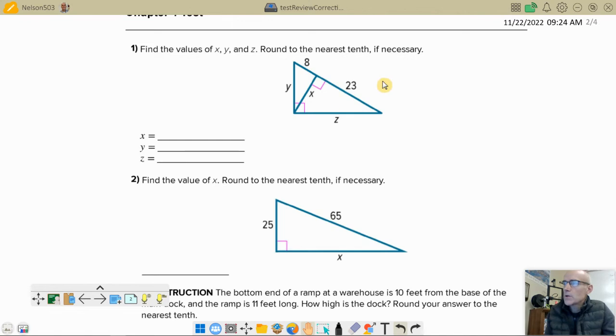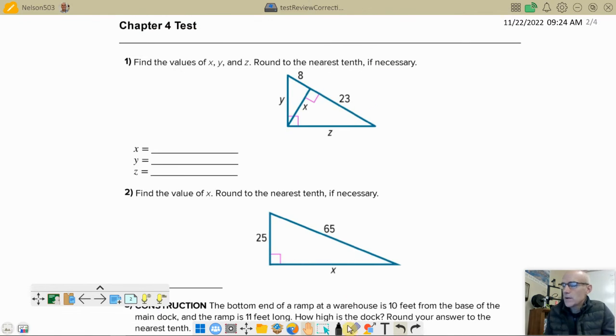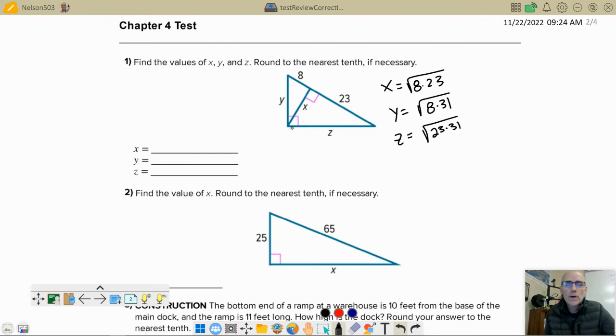Hey, the geometric mean works like this. You get x equals the square root of 8 times 23. y is equal to the square root of 8 times 31. And z equals the square root of 23 times 31. We did this one in our homework, and we did it in the notes together, same numbers. So if you look back through your notes, you're gonna find that, and you're gonna find videos on how to